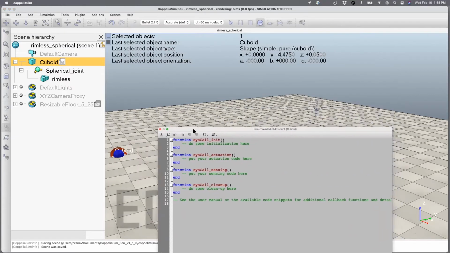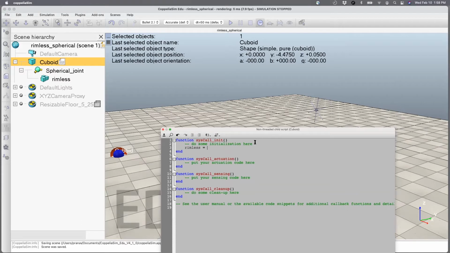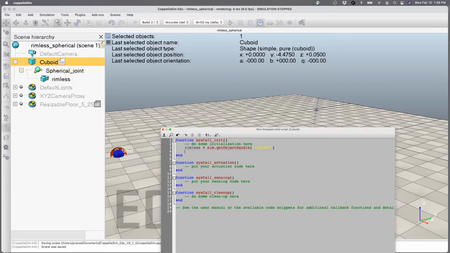What I'm going to do is get the object for the rimless wheel. So rimless is going to be the name of the joint handle. So sim.getObjectHandle, and then I need to tell which object it is. In here it is called rimless. Okay, and then if you remember,